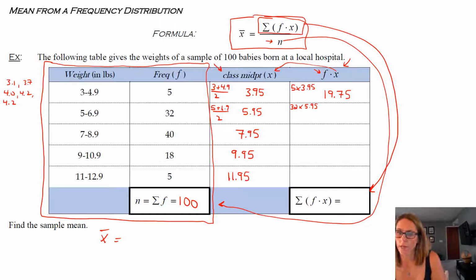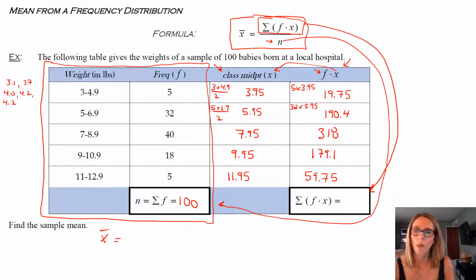You're basically just trying to find out what is the total weight of the babies in that class by doing the estimate of the class midpoint times how many. So if you want, go ahead and find the other 3 values, and you can pause while you do that. And at the bottom there, you want to sum all those. Remember that that sigma is saying, now add all those values together. That is what sigma is. It's a sum. You do that, you get